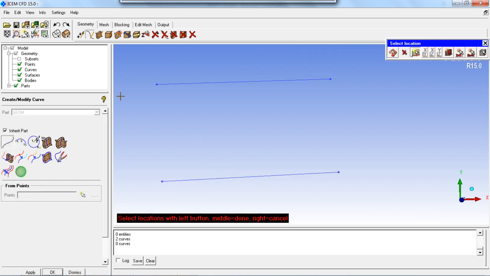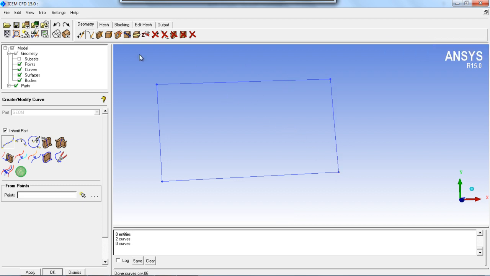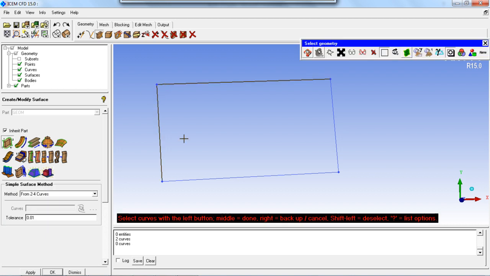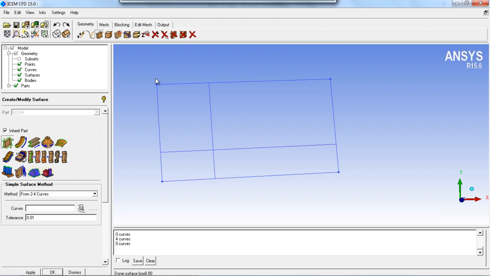Then I will create the curve, but this time I will use the endpoints of the curve to make it a closed one, so that I can create a surface from these closed curves. Just go to the first option, choose all these 4 curves, and you get the surface.